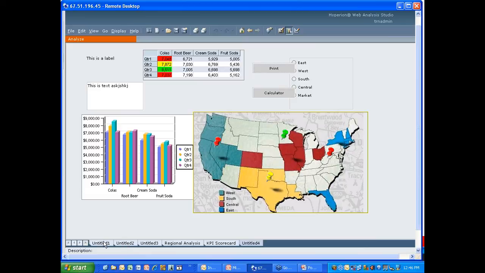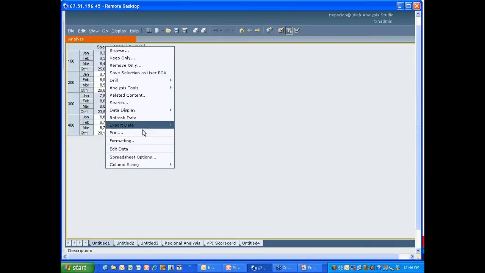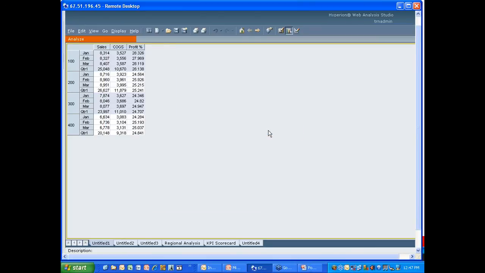If I go back to one of my original ones here, and if I right-click here, you notice there's an export data command, and I can export to Excel, I can export to Word, PowerPoint. Notice that with Word and PowerPoint, I can only export an image of that data, either a selected object or the whole screen. I can't really export what they call query-ready data. Let me do a quick export of query-ready data of this object. And what happens is that